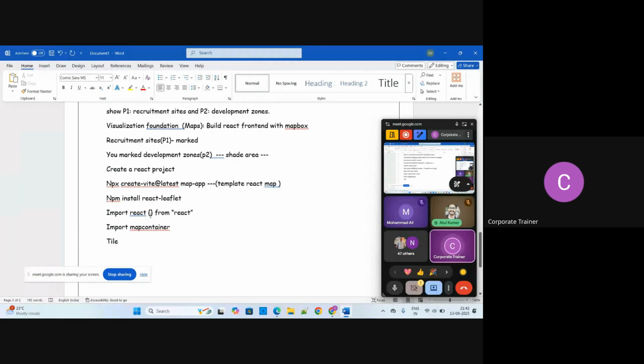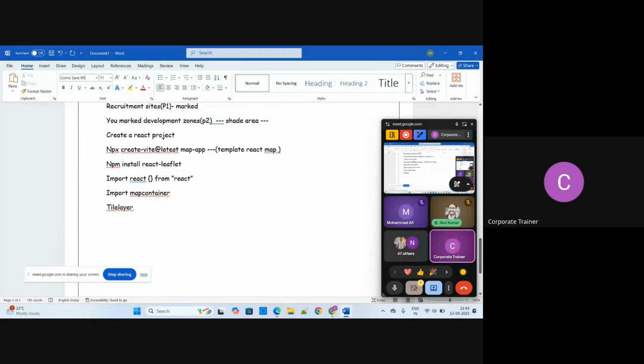Next I am defining React and importing the proper libraries required. MapContainer basically gives you the map itself. The TileLayer gives you the background map tiles, like streets or satellite views.